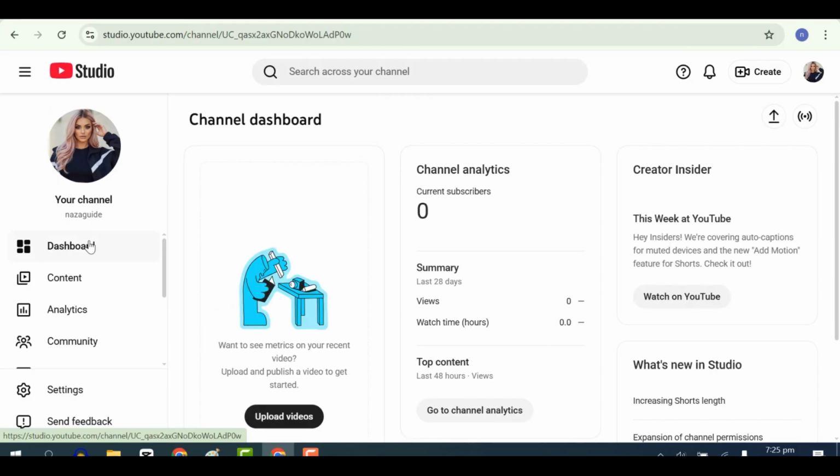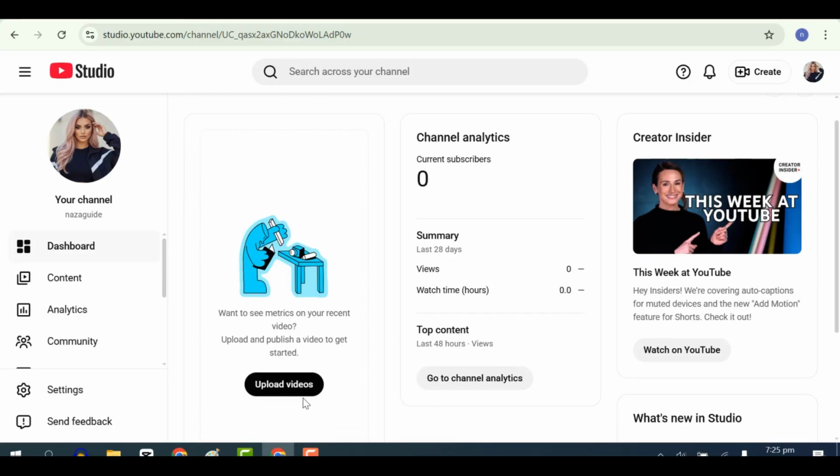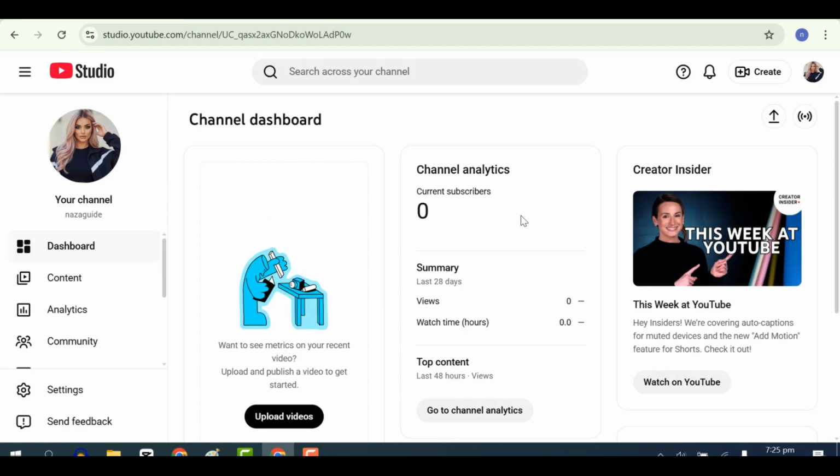If you come over to this part that has your dashboard, this is basically what you're going to see once you start uploading video. So once you upload a video, you're going to see the videos that you've uploaded in here. You're going to see your channel analytics, which include your subscribers, your watch time, and then the views you've gotten in the last 28 days. And then in your top content, you're going to see the content that are performing well, and this would help you know